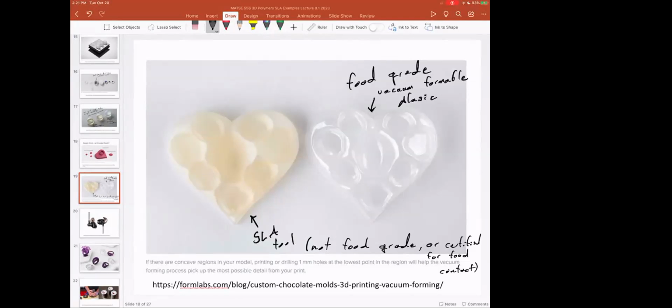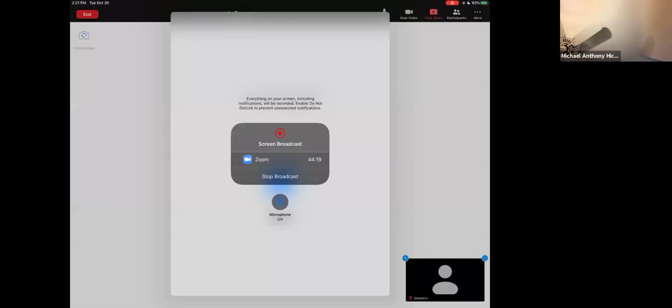All right, I'm going to switch over to Zoom for a sec, and it looks like things get out of